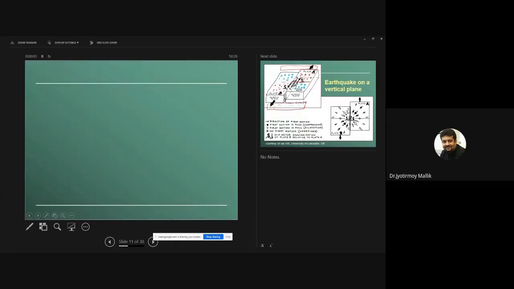So what happens in a strike slip fault? If I look at this strike slip fault, this is block A, this is block B. Okay, so block B has moved along this arrow, and block A has moved along this side, right? Now, of course, the surrounding is not empty, right? So there is rock here. There is rock everywhere.